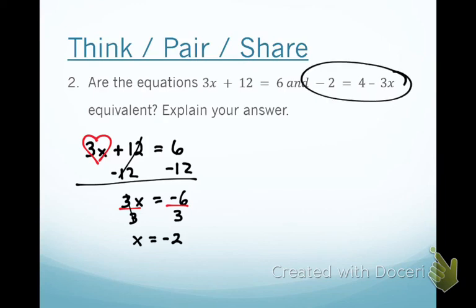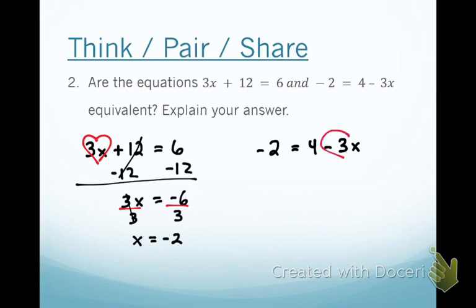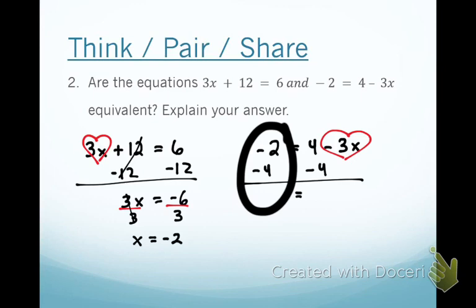Now it's asking, is it equivalent to this one right here? So let's write that off to the side. -2 equals 4 minus 3x. Okay, in this case, the -3x is the best friend. Keep it together as long as possible. I've got to get rid of that 4. That 4, is that 4 a positive 4 or a -4? Positive. So the opposite of add by 4 would be subtract by 4. So I'm going to subtract by 4 on both sides. Drop down that equal sign. Reagan, what is -2 minus 4? -2 minus 4,